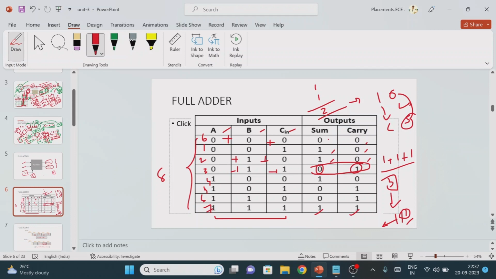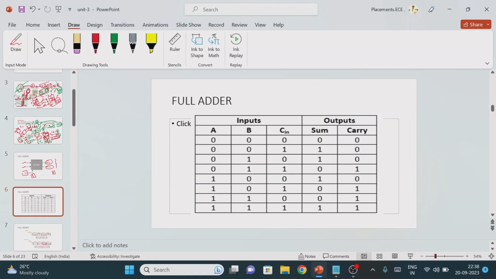Once the truth table is completed, now what we have to do? We need to find out the minterms. How many output expressions do we have? 2 output expressions, one for sum and another one for carry. It means that for sum we need to find the minterms, and for carry also we need to find the minterms. So just go through the sum operation first. Here we have the SOP function, which means representation of the output equal to 1.